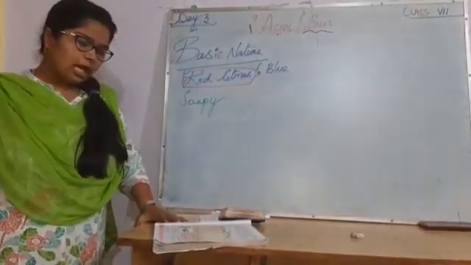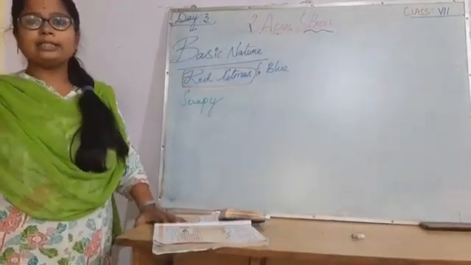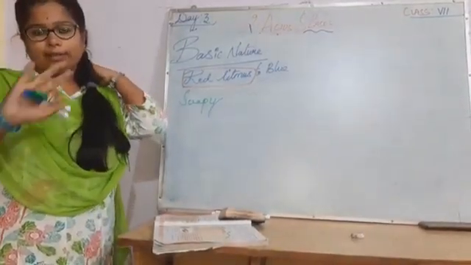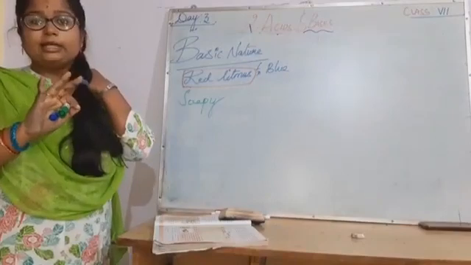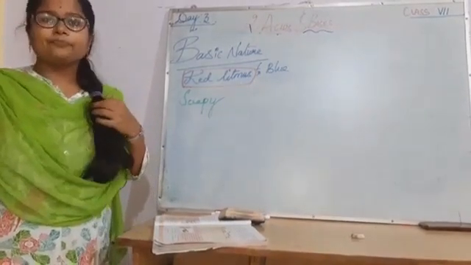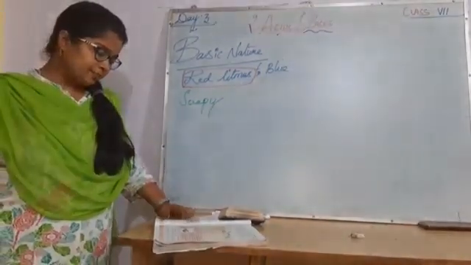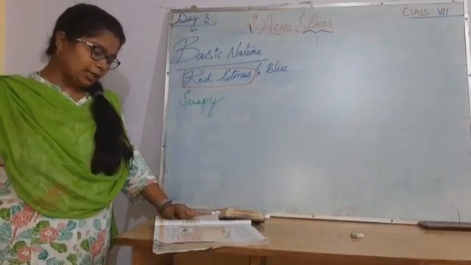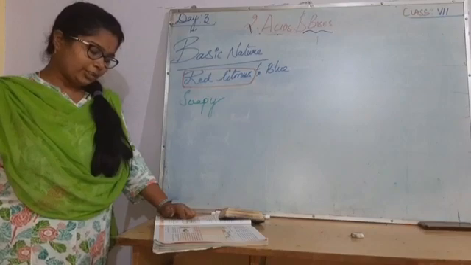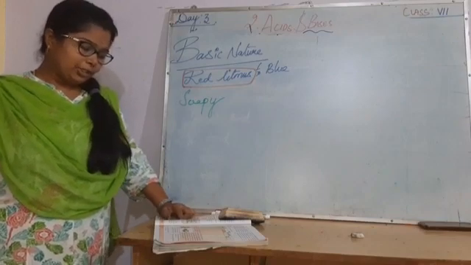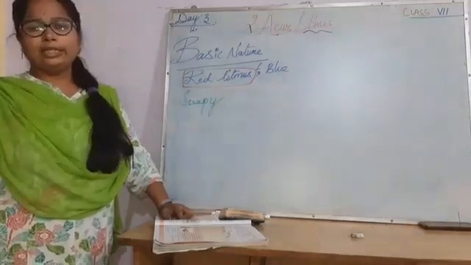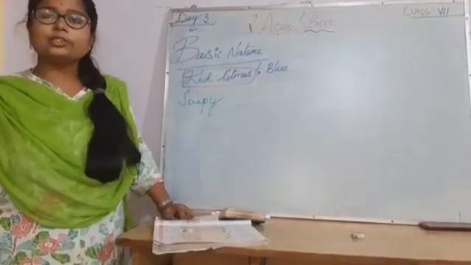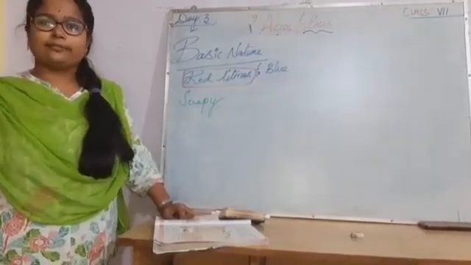Glass cleaners, ammonium hydroxide. Glass cleaners are there, isn't it? You will clean the glasses with those. Those are ammonium hydroxide. Soaps: in soaps, what is present? Sodium hydroxide or potassium hydroxide. And milk of magnesia, magnesium hydroxide. About these, in your later classes, you will learn in detail. Till here, it's enough.